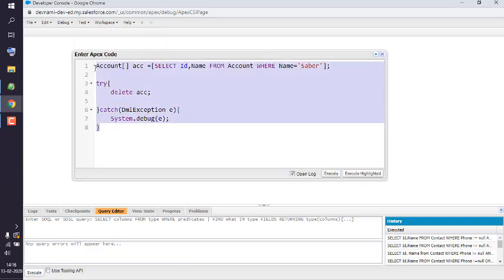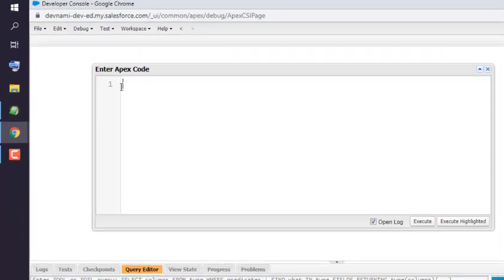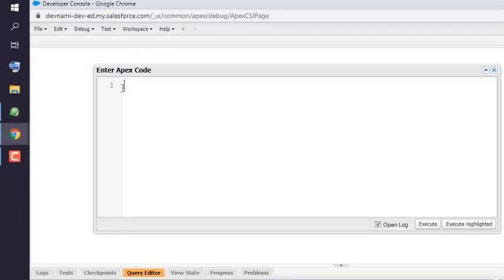If you have any existing code, you can remove that, and after that we will first create a list. So List<Account> acc = new List<Account>(),